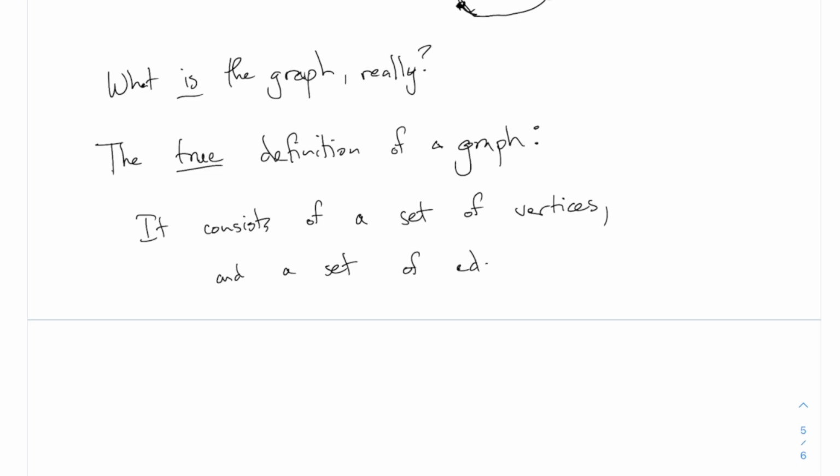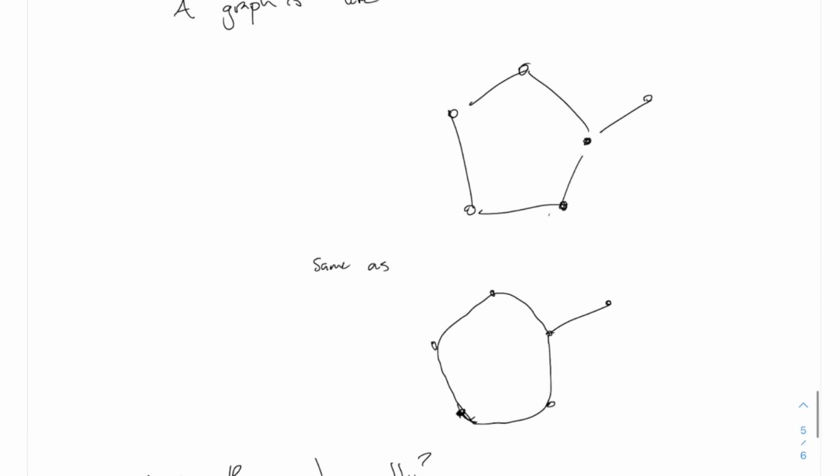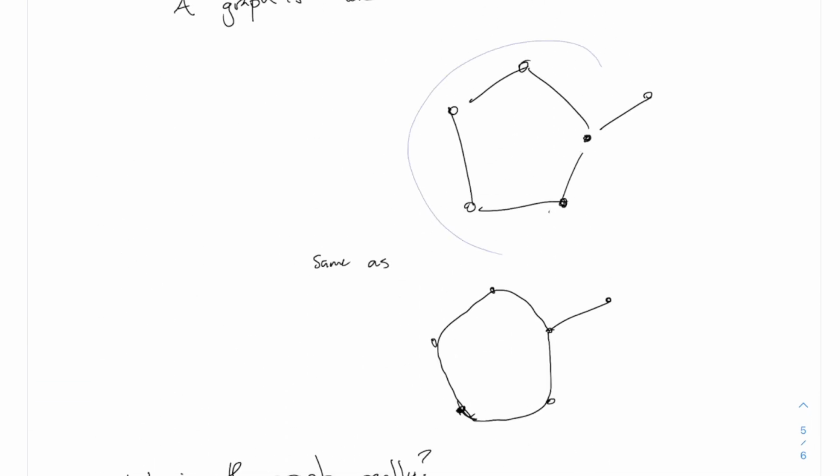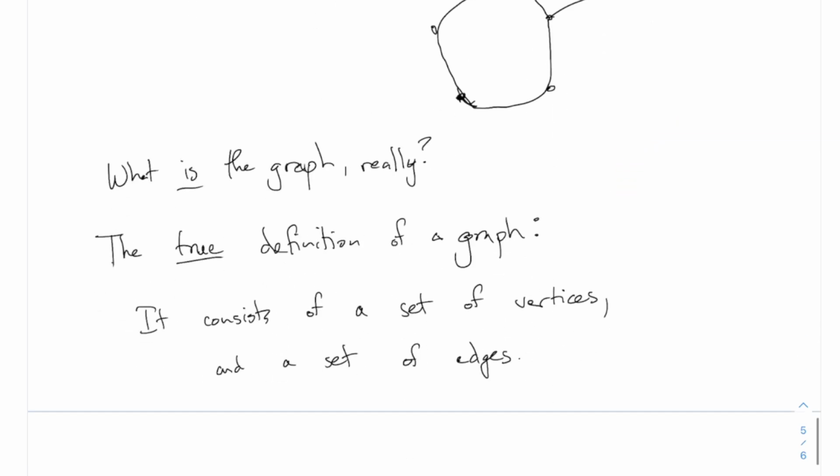Now, how you want to draw it is up to you, because different drawings can represent the same graph. But the important ingredients are, what are the vertices? And I don't even care where you draw them, just what are they? And what are the edges which connect the vertices up with one another? So, for example, this graph here, if I were to express the true nature of this graph, what it is